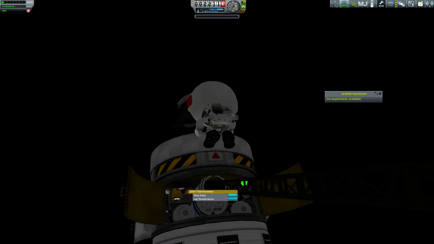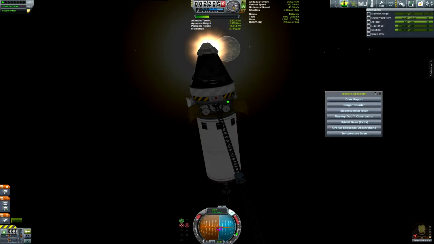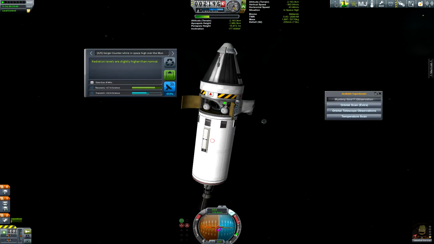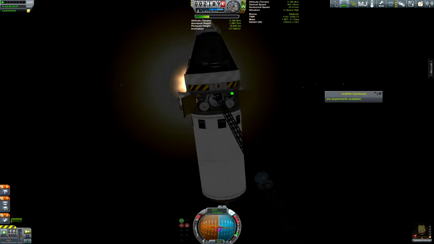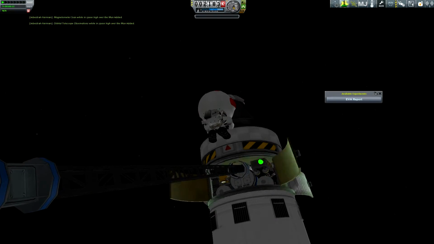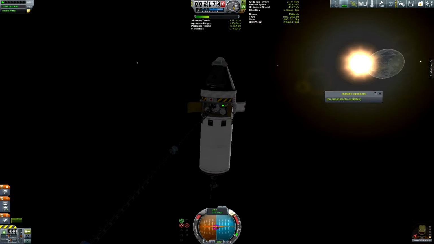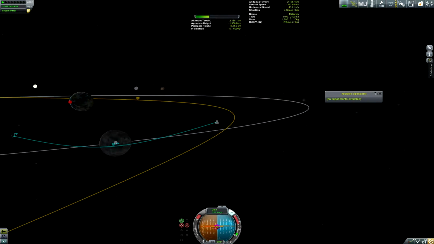Go take some of this stuff out of there. Put it back in the capsule. Some more science. Take all this stuff, put it in the capsule. There we go. Retract that and then time warp down to...